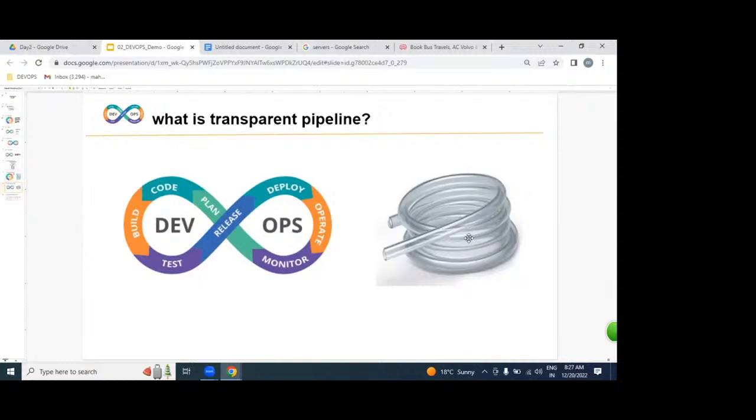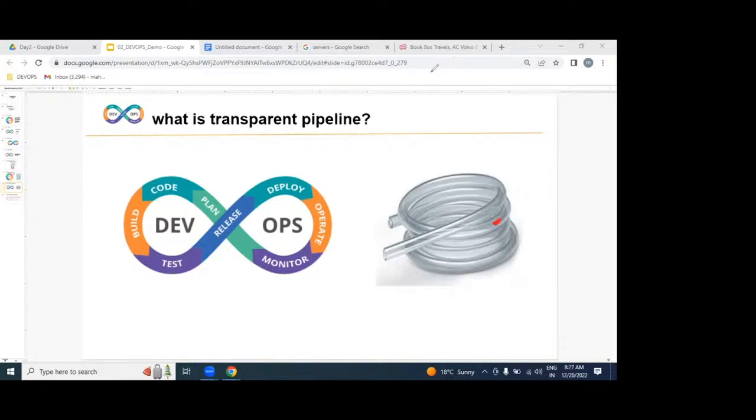Look at this. If you get any issue here, any problem or error in the middle of this pipeline, by one look itself, can you see where the problem is or not? And can you fix this issue as soon as possible or not? The same way in the DevOps process also. Due to an automated process, if you get any issue or problem in the middle, we can fix it as soon as possible. It may take some time, but it is a very short step.